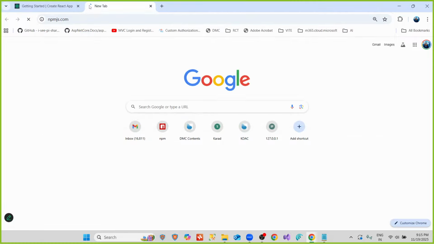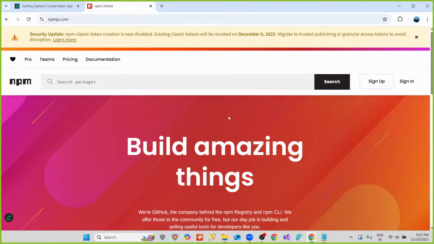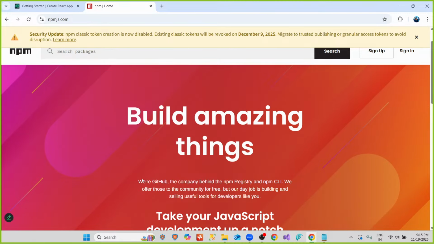Where are those things available? There is a site or repo called npmjs.com, which is a kind of community that can offer us JavaScript framework based helper files and packages and